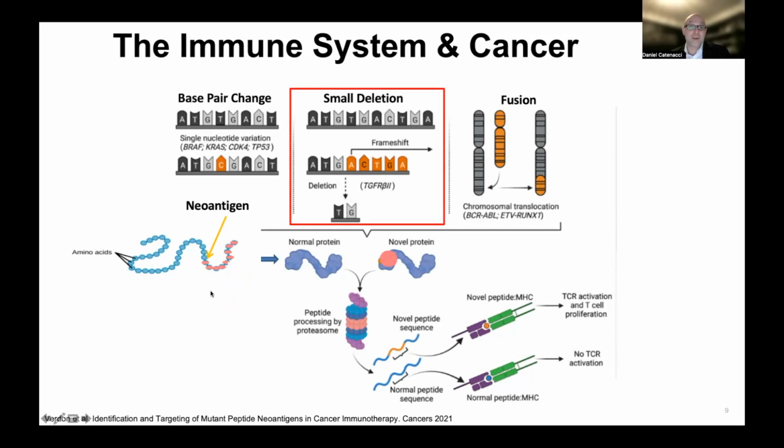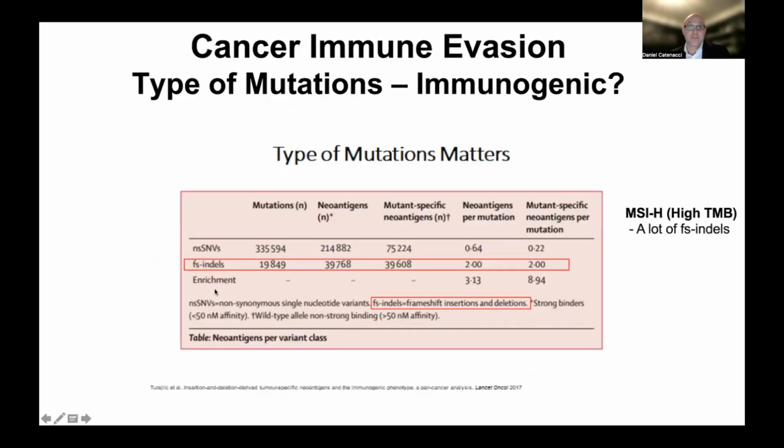And therefore, you have a much larger segment of neoantigens that have a better chance of being upregulated and presented, and a better chance at having T cell recognition and activation. And so these mutations tend to be more immunogenic than single base pair nucleotides. Therefore, the type of mutation matters. And that's shown here where frameshift mutations, frameshift insertions and deletions are much more immunogenic compared to the single nucleotide